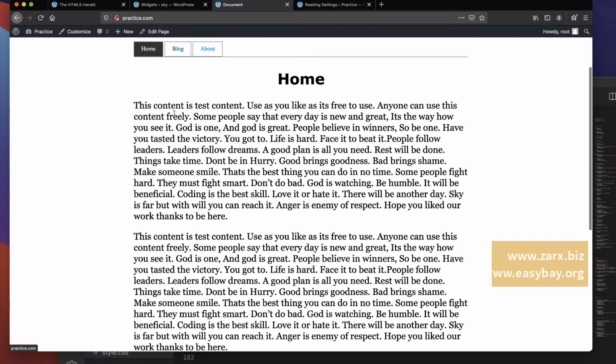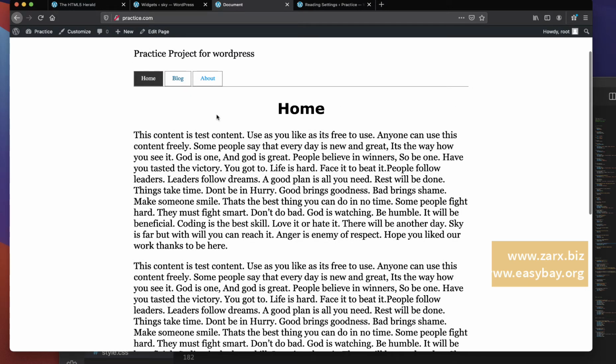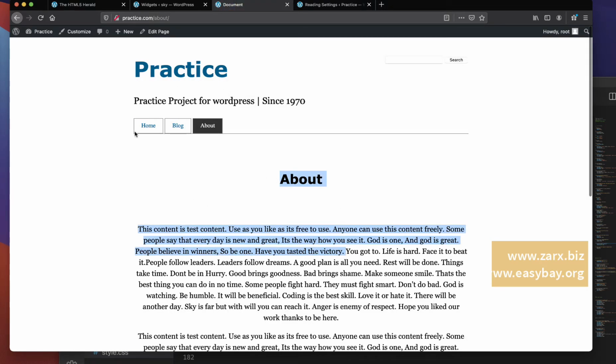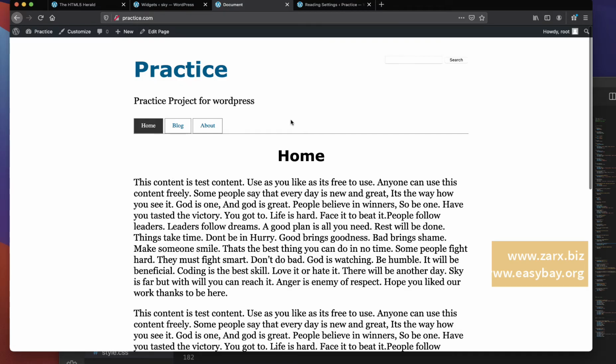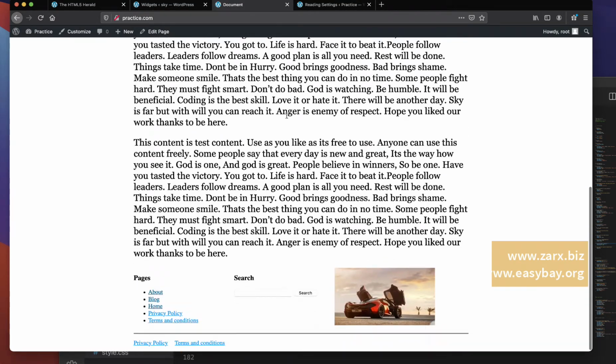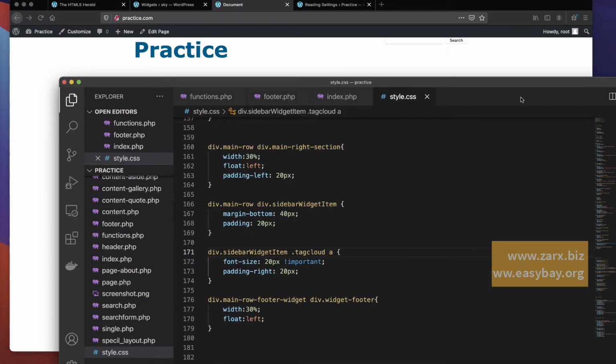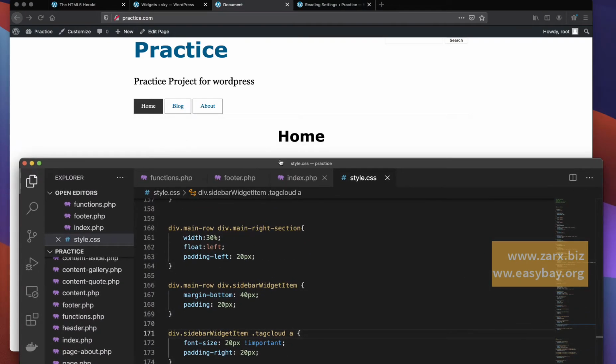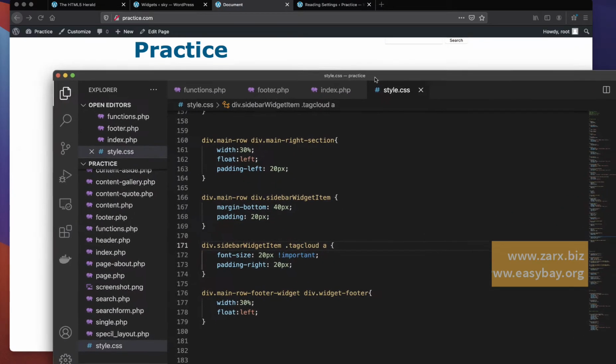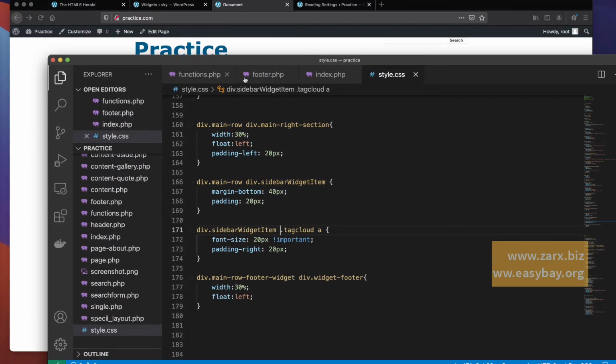Now, when we are on the home page, we want to have a separate file, because currently, if you see the styling, it's just the same as about. So we have about here and home here, so it's quite similar. I want a particular file which is going to be responsible for the home page, and whatever effects or things I add in that file, it should only work on the front page. So if I want to add a slider or something, that will come only on the front page, not on every page. For that, we need to go into the directory,